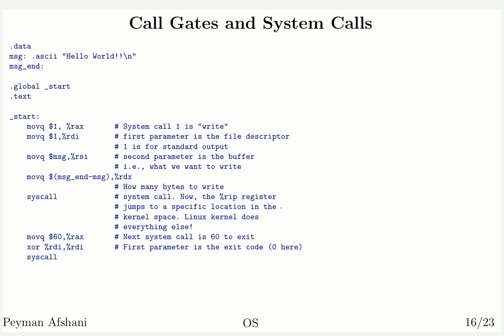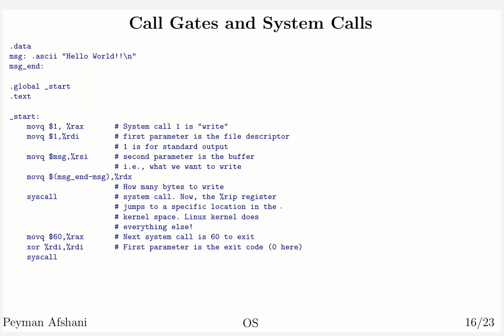So note that the hardware only provides the hardware support for system calls. It doesn't really specify how system calls should be used. And there is a big difference between how Windows will do it, how Linux will do it, or even how 32-bit Linux versus 64-bit Linux will do it.